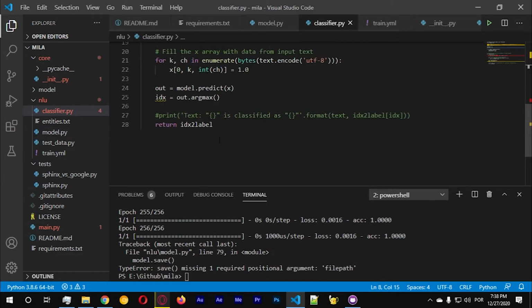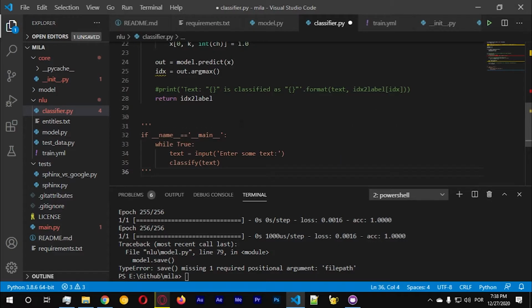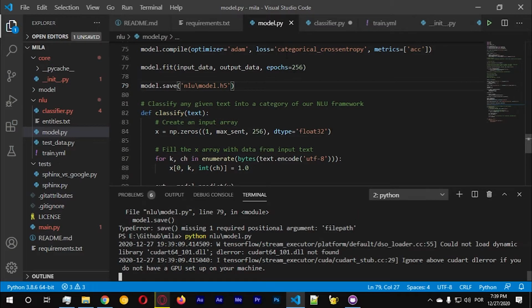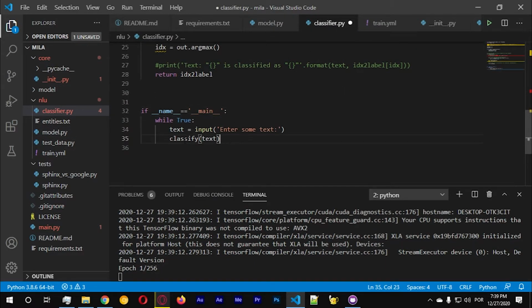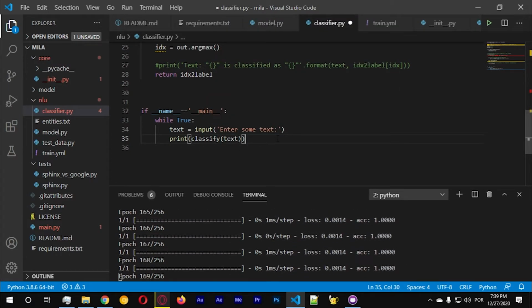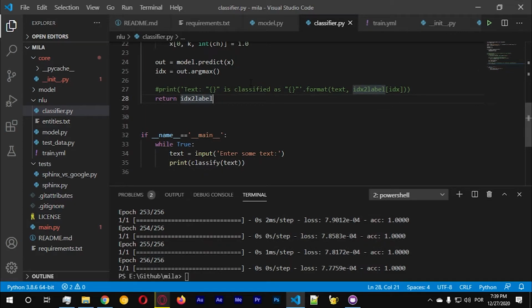copying this, and let's do. Oh, I forgot the file path. In a new slash model.h5. So let's save this model, and let's go back here. We got this. I'm gonna do print. We've done